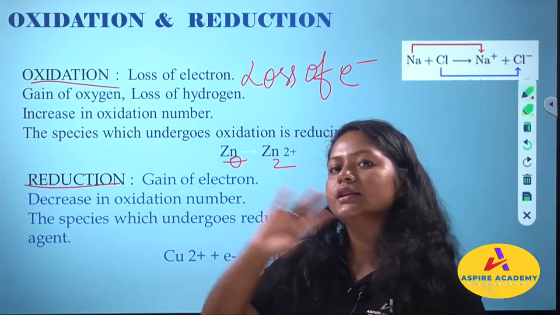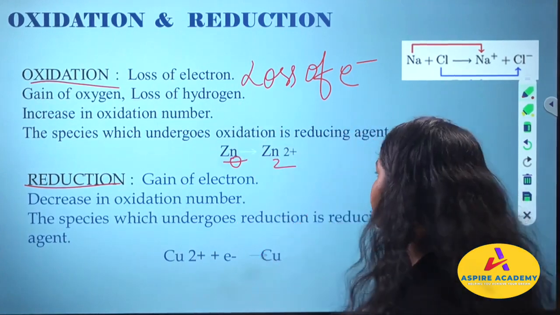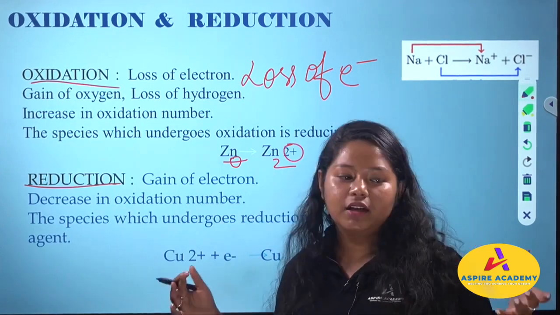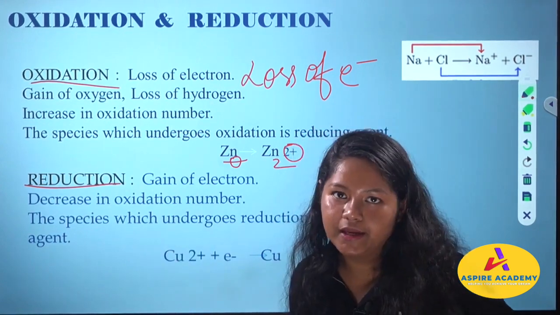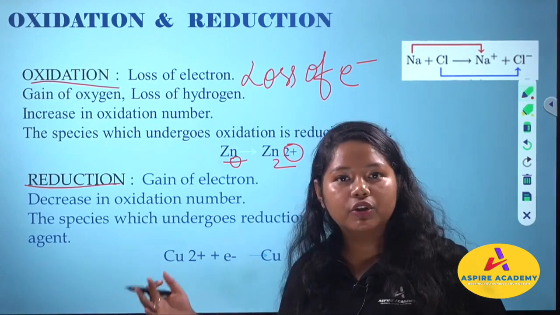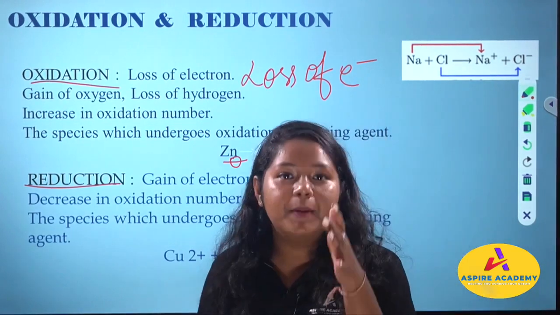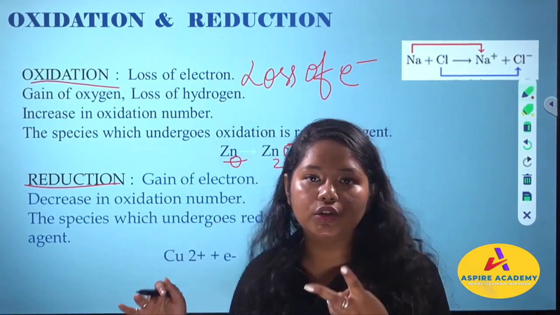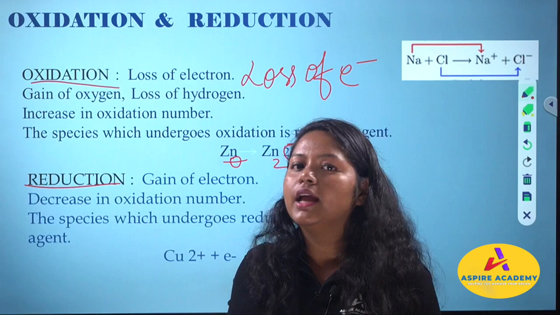Similarly, zinc also has electrons. Let us not go into the electronic configuration, but you need to remember that zinc is losing 2 electrons. Hence, we are giving here +2 charge. What does +2 mean? In normal days when you have +2, you understand that I am gaining something, right? I might get 2 chocolates or I might get 2 marks extra. But in the language of chemistry, when you are having +2, it means you have lost something. If you have +2, you are losing 2 electrons. If you have +3, you are losing 3 electrons. If you are having +4, you are losing 4 electrons, and so on.